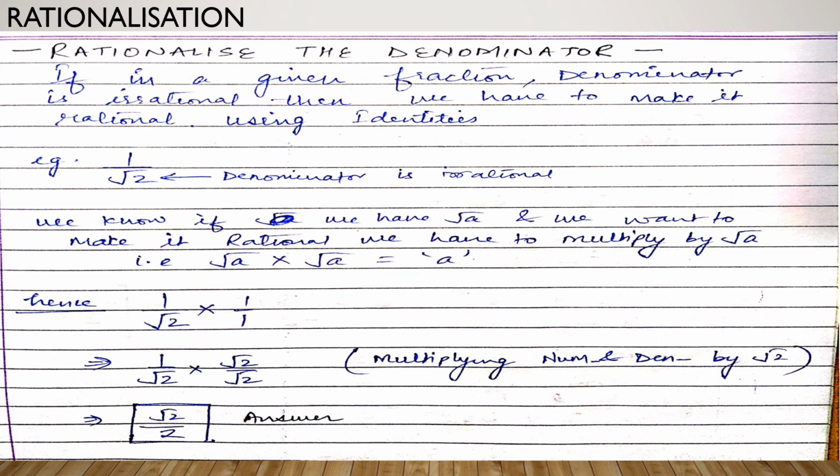Now, today's topic is rationalization. You all must be remembering in fractions we used to have proper fraction, improper and mixed fraction. So you must be remembering a fraction like 7 upon 3. We used to say this is an improper fraction. Why improper? Because the numerator is larger than the denominator. And we used to make it a mixed fraction by dividing by 3. We got some remainder and we wrote it like a mixed fraction.